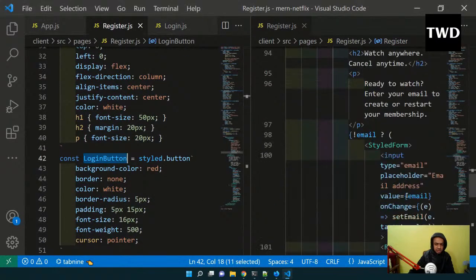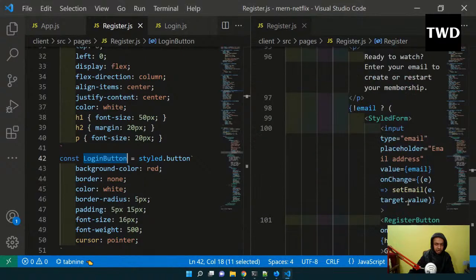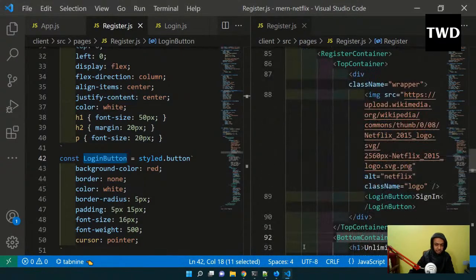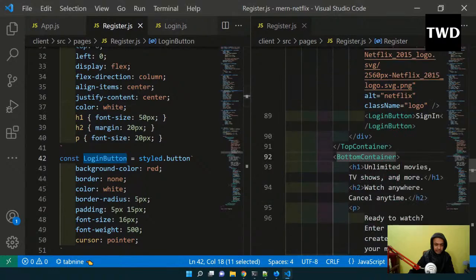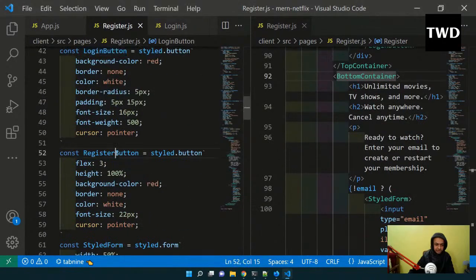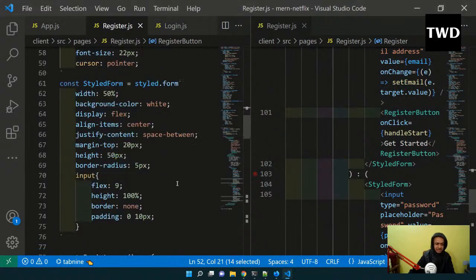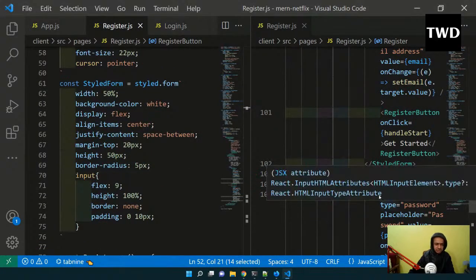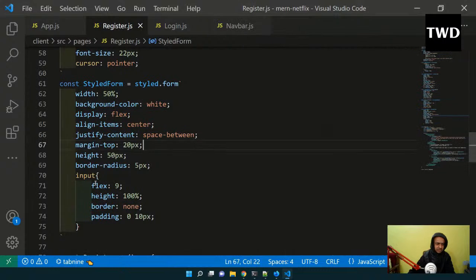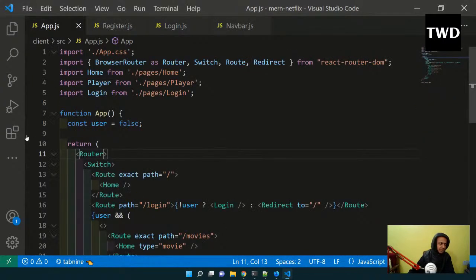Then the login button is there. Okay, the login button is at the top, so I have this login button, and I have the register button also, at both places. And then I have this styled form which has got the style.form. Okay, that is there. Save it, and now where do I have to show it? So I'll go back to the App.js